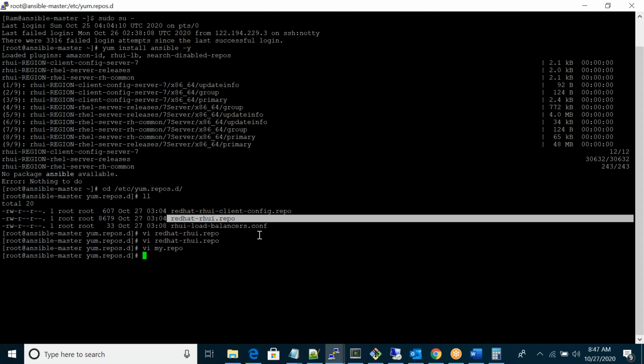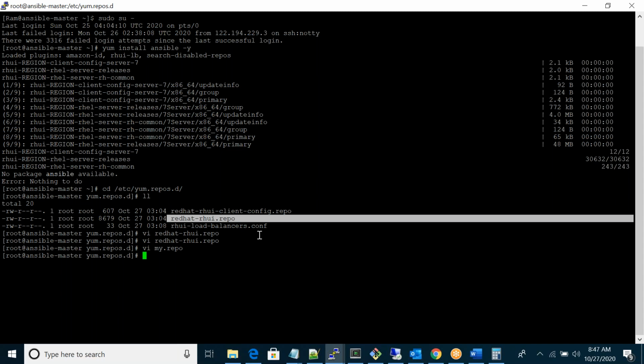I will explain in general terms. If you want detail, I will send the Linux documentation. Please go through it. Repository means one library. Here, in this library, I don't have the Ansible package, so that's why I enabled something. That is one process.